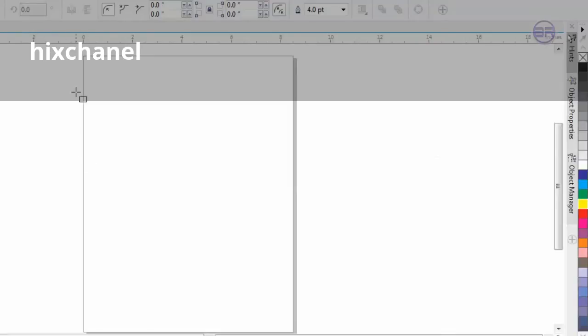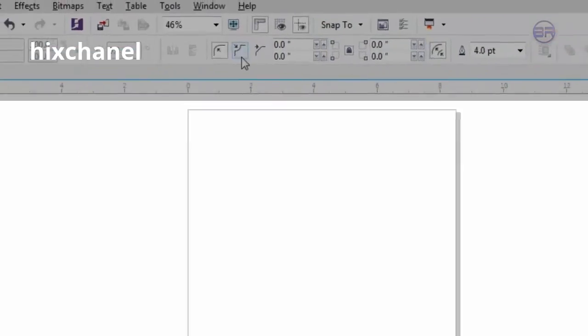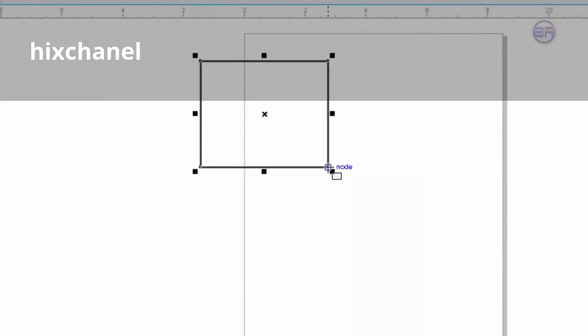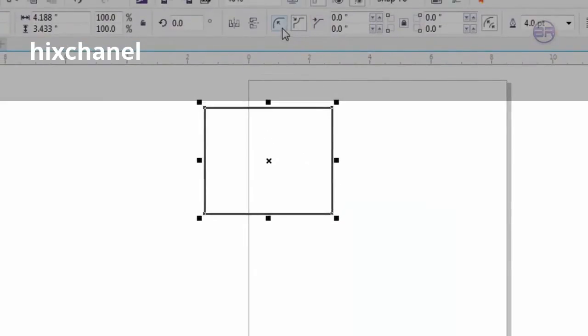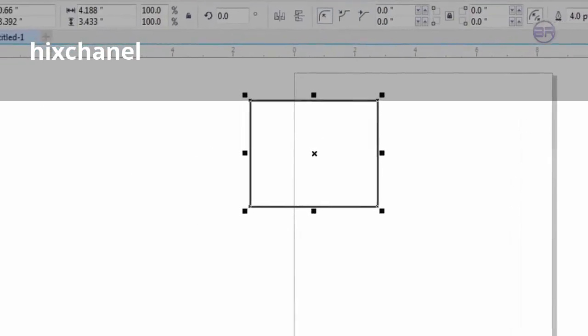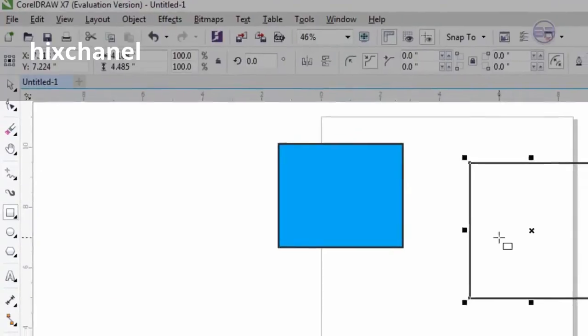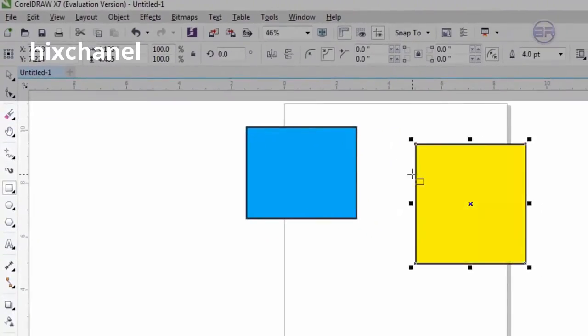boxes or rectangles. But you can see the settings for it. If you use this option, it will create a scalloped corner, for example like this. You just click this option, it will be like this. If you click this, it will be like this. But we have not actually put a color. I will add a color to this. Now click this one or this one. Now create another, put a color into it,